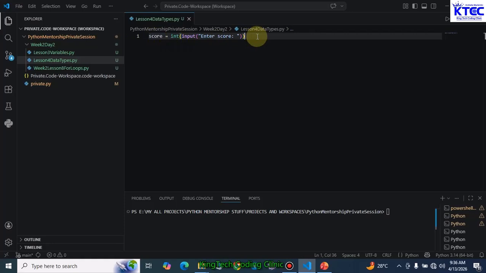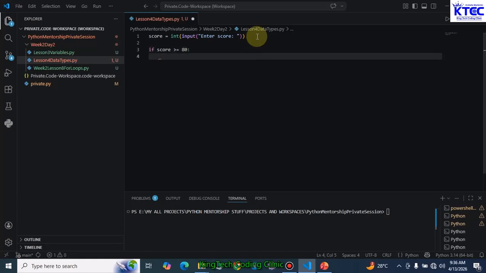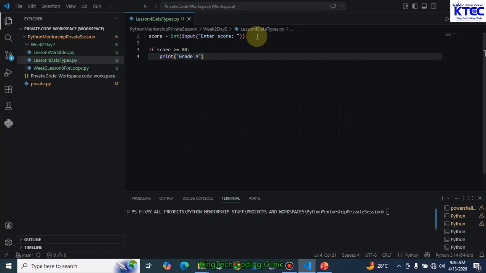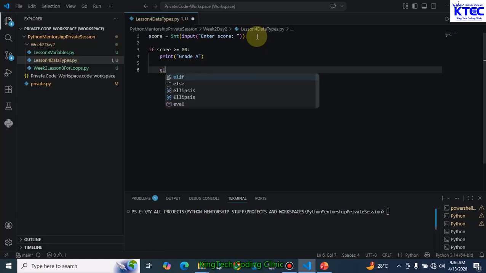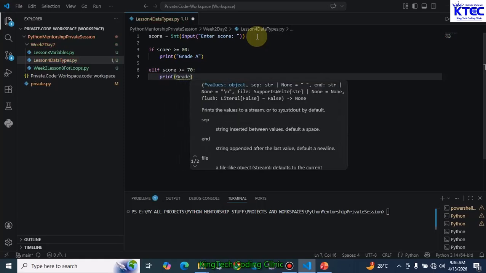Once that happens, we now have to start checking, making decisions. We've taken the score, so we need to check based on our grading system. So we say if score is greater or equal to, don't forget 80 plus, is greater or equal to 80, then we would want to print the grade A, something like that. Now what if the score is not in this range? So the elif part comes. So we say elif score is greater or equal to 70 based on our grading system. Then we say print, inside the parentheses, let's say print